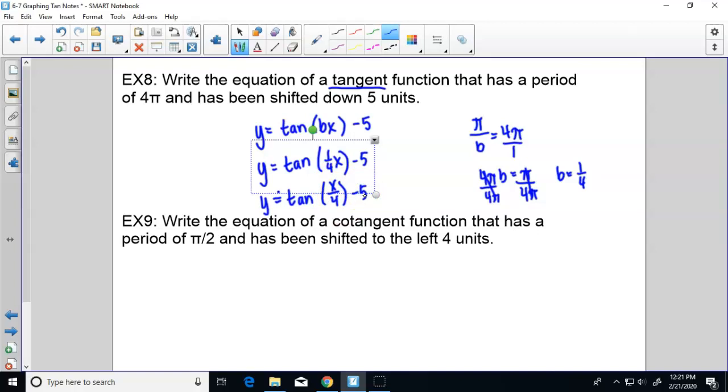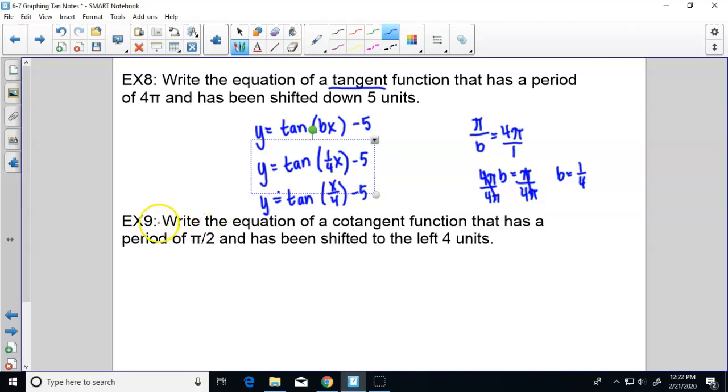Tangent can be stretched vertically, but I will generally not ask you to change that sort of amplitude number there for tangent, because it's not exactly an amplitude and it's difficult to see on the graph. I also could give you a phase shift, and phase shifts are still negative c over b for tangent, but you probably won't see quite as many of those, but maybe a few. We'll see one here in the